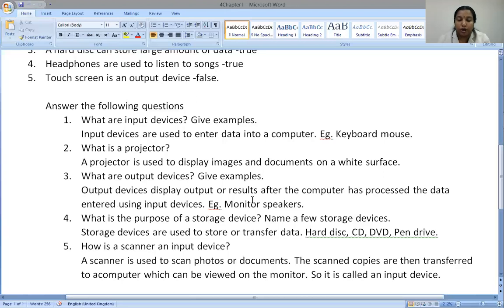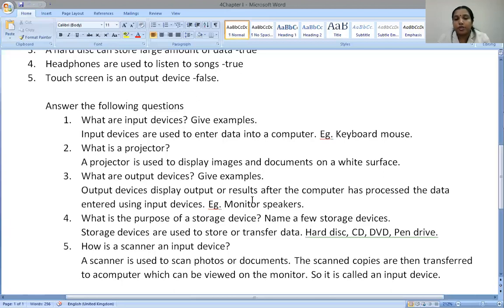If you want to store music, pictures, photos or videos, anything that we want to store in a computer, we need a storage device. Storage devices are hard disk, CD, DVD, pen drive, etc. If you want to transfer this data from one computer to another, we also use storage devices like a CD and a pen drive.